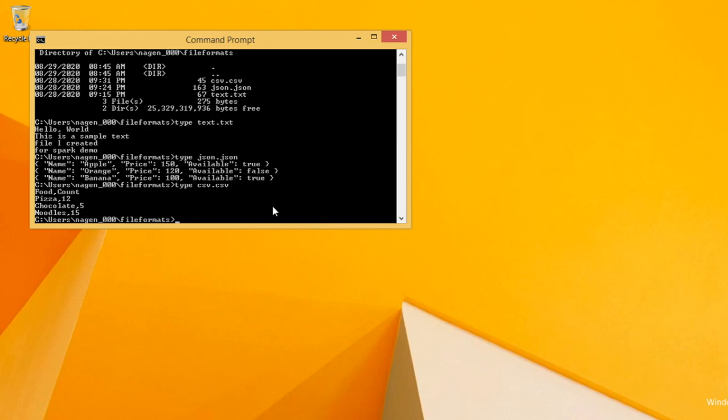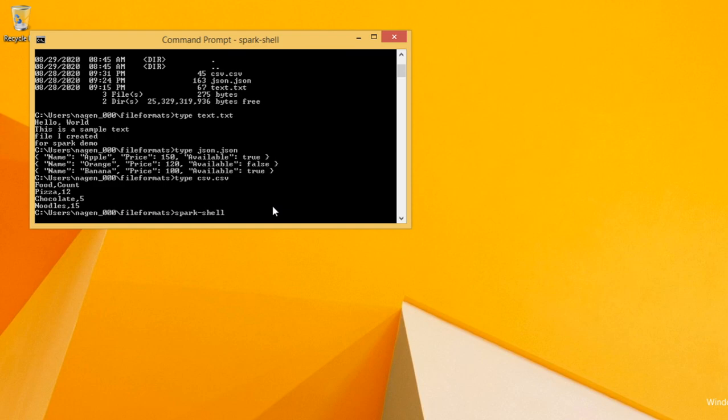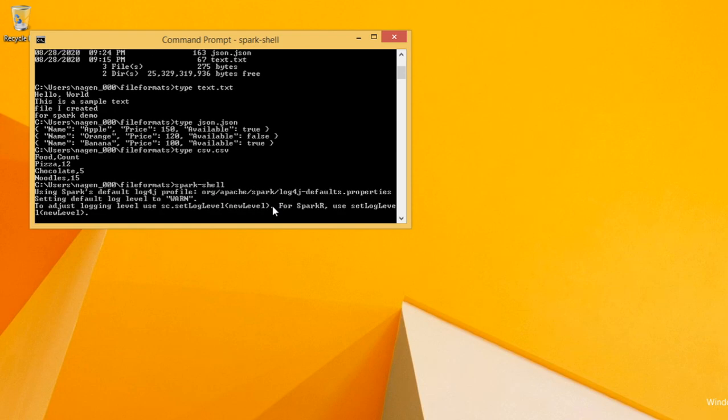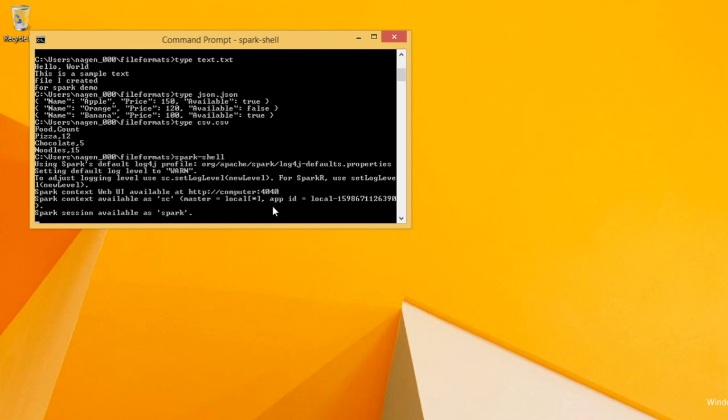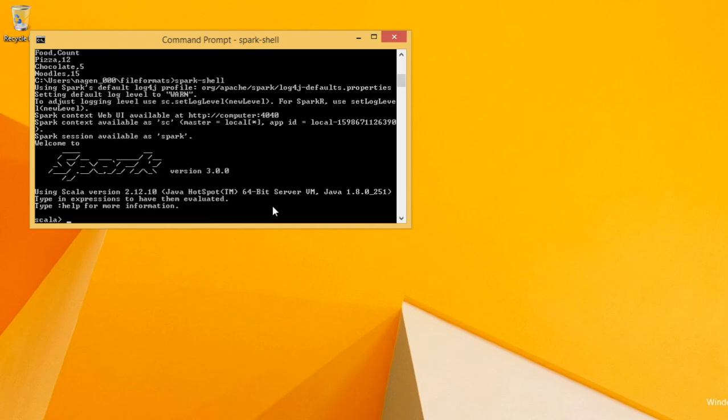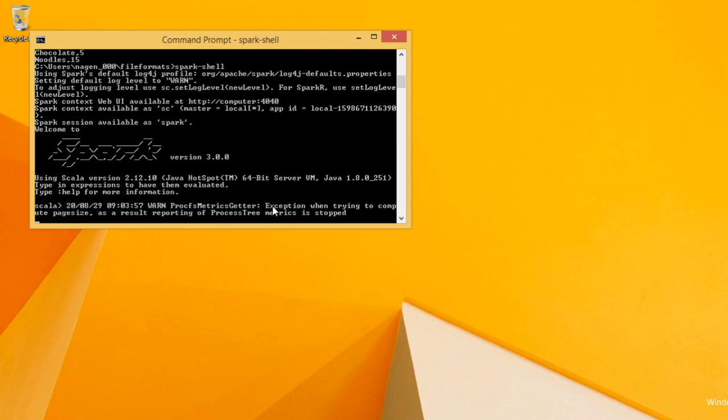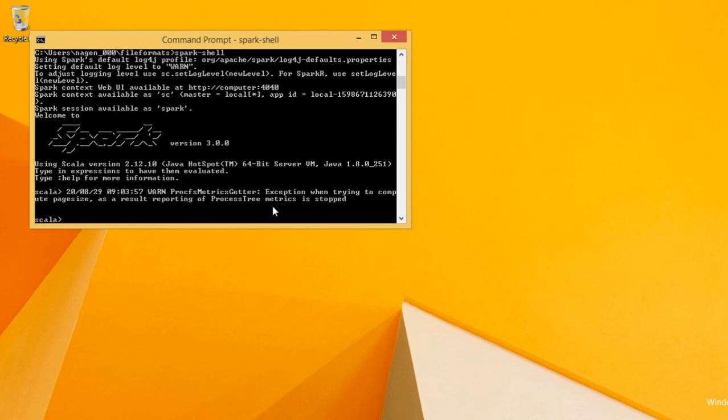And let's open Spark Shell. So we have our Spark loaded and ready to process our data.